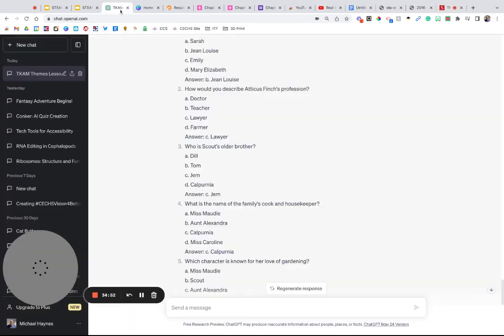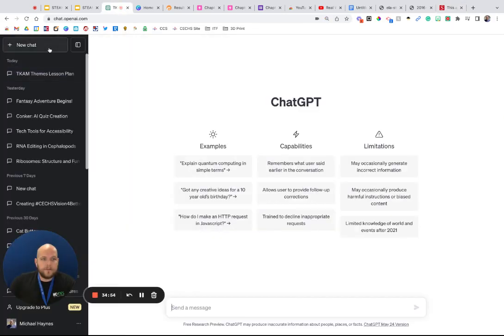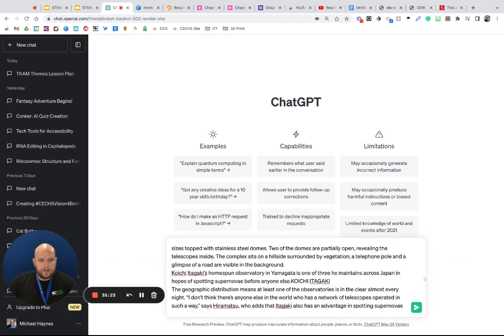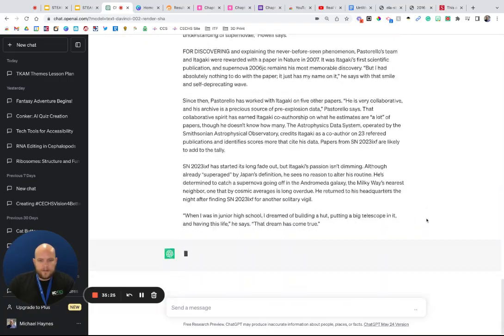Go over to ChatGPT. Now, one thing I will say, make sure that you start a new chat. Otherwise, it's going to look at the science from the lens of To Kill a Mockingbird. And I'm going to say, rewrite the following article for 7th grade students. Make a new line, and we're just going to paste our text in. You can see it's all in here. And let's see what we generate from this.